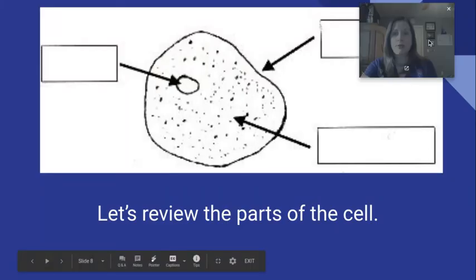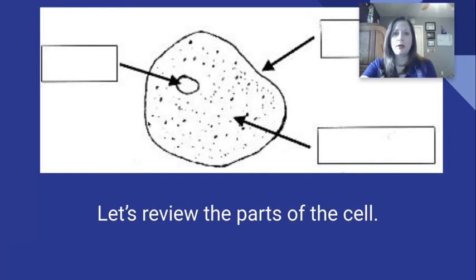All right, so let's review. When we're talking about the outer rim of our cell, hopefully you have that written down in your notes. What is that outer rim called? It's called the cell membrane. Okay, and this fluid part that's in between in our cells, not the little dots, but just the fluid, that is our